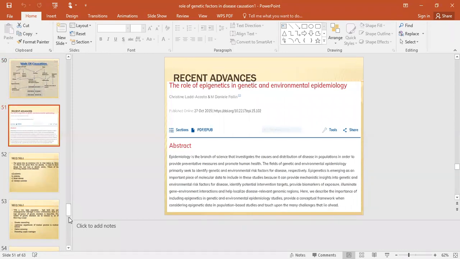Epidemiology is the branch of science that investigates the causes and distribution of disease in populations in order to provide preventive measures and promote human health. The fields of genetic and environmental